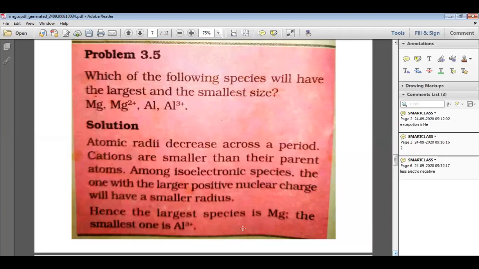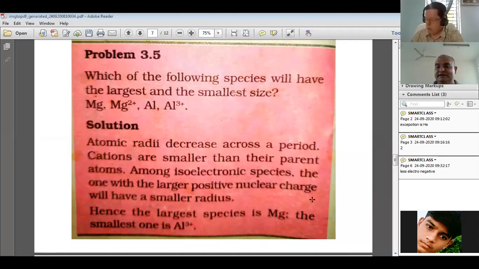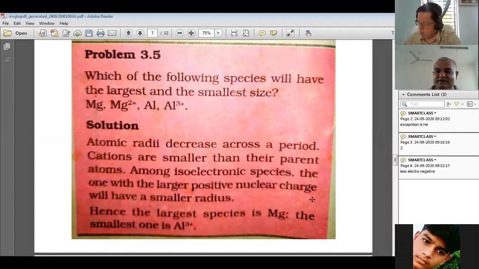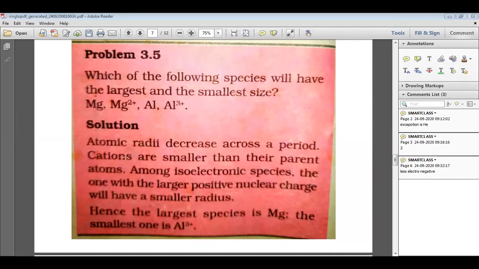So, students, would you like to ask me questions? Do you have any doubts? Please. At least if you do not have, let me know that you do not have, so that we can move forward. बच्चों आपको कुछ पूछना है? No, sir. Thank you. So let's solve the next question.